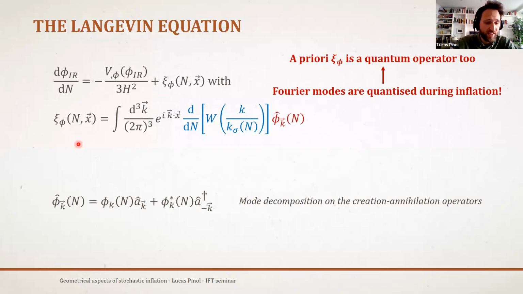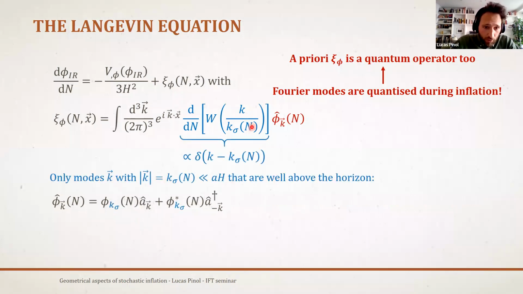So actually, to be more precise, I remind you that the correct treatment of the fluctuations during inflation is that they should be quantized, at least initially. So actually, when we see a mode function phi of k, it is not a function. It should be understood as a quantum operator. So here, this is an operator equation, if we want to be completely rigorous. And actually, the quantum operators during inflation can be decomposed into the usual annihilation and creation operators with some wave functions, phi k, which this time are really functions and not operators anymore. So this is the usual mode decomposition of the scalar field during inflation.